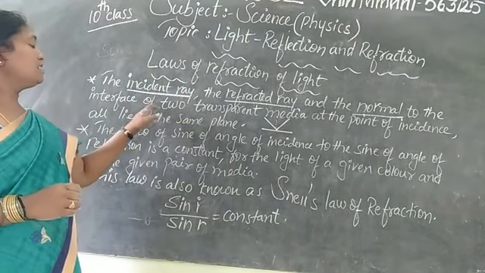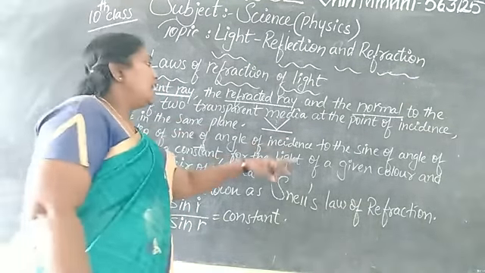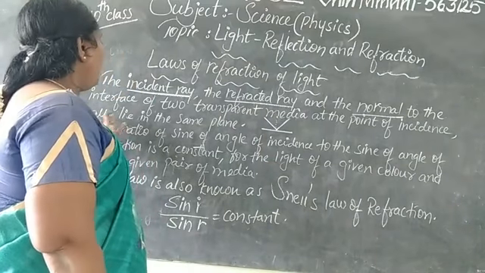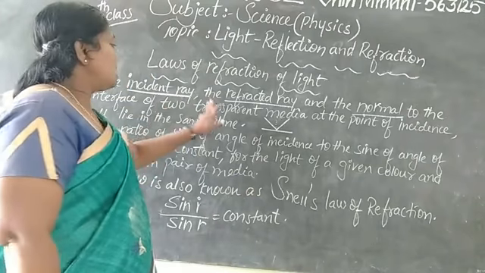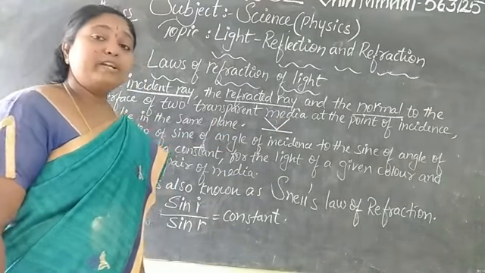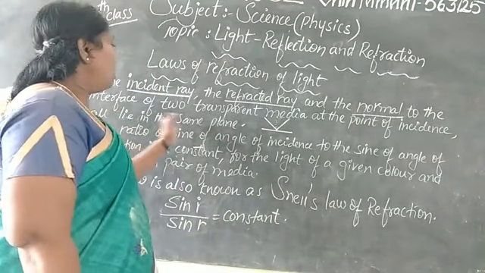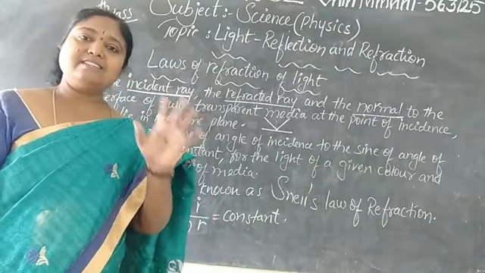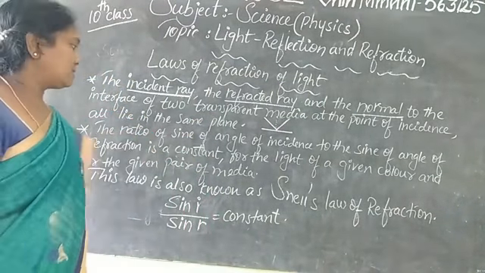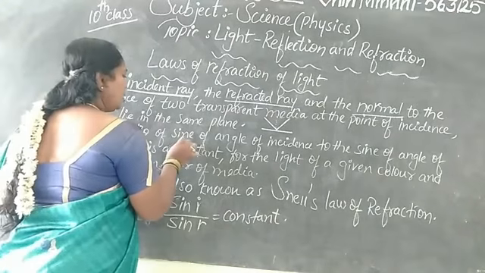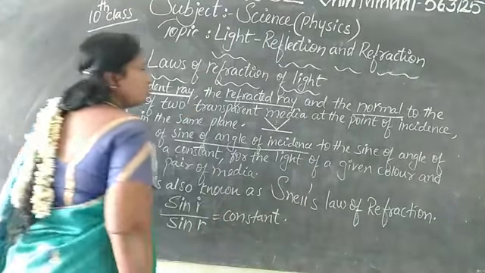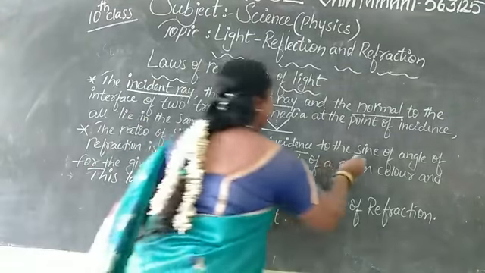To the interface of two transparent media at the point of incidence all lie on the same line. So, these two transparent media at the point of the incidence, all are going to lie on the same plane. Next, second one. The ratio of the sine of angle of incidence